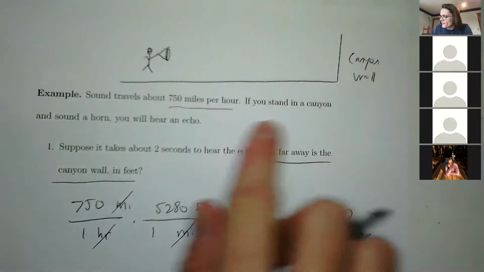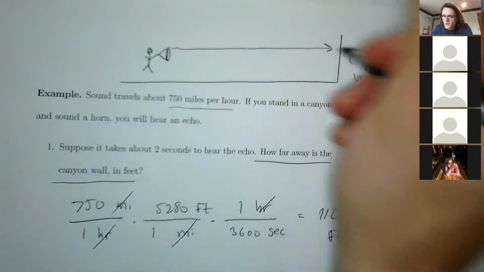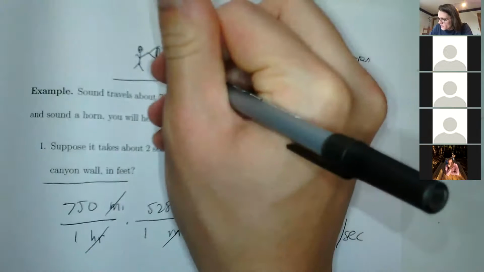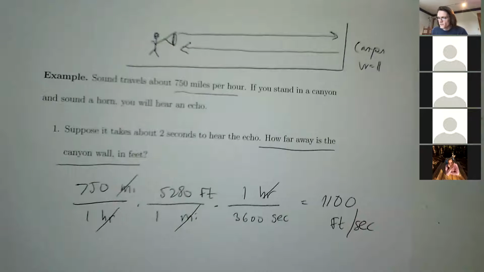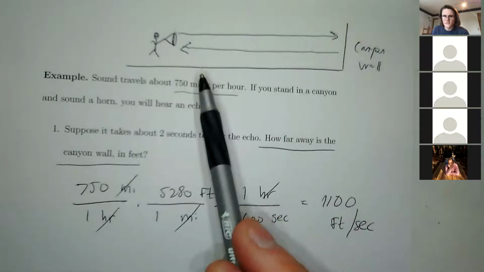And so you sound a horn, you hear an echo. So basically the sound travels here, right? It hits the canyon wall and it travels back. So the one thing to note is that however far it travels in 2 seconds is this round trip distance,